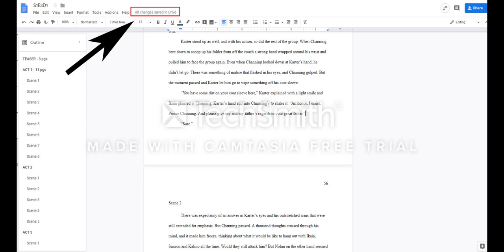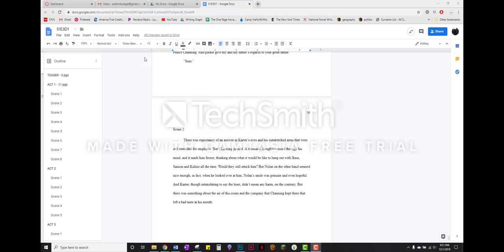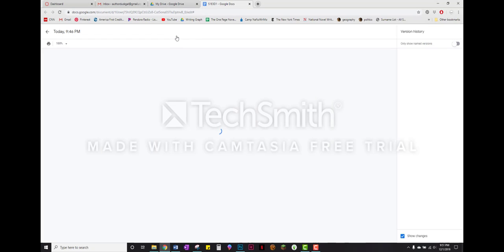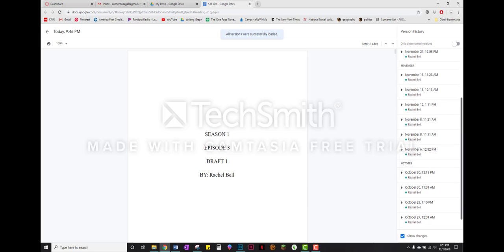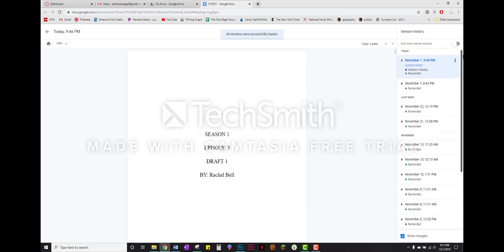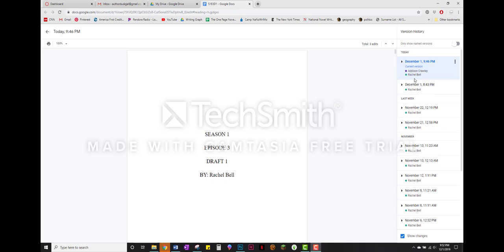Finally, when you're done for the day, it's time to save your work. Luckily for Google Doc users, they don't have to worry about that. Google Docs automatically saves your work every few seconds. However, there are still some cool features that are related to Google Docs' saving ability. Click on the gray underlined text next to the Help button that usually has the last time the work was saved. From there, you can see on the right-hand panel that displays all the versions that have ever been done to this document. If you realize that you do want the changes that you made in a previous version, there will be a blue button at the top labeled Restore this version.